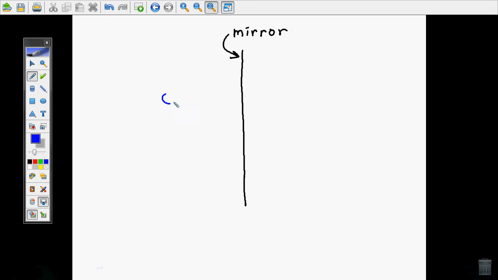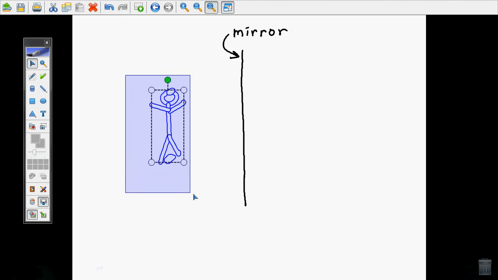Now, instead of drawing a person, with the head and the feet, since we're going to have to draw so many objects out in front of the mirror, we're going to save time, and instead of drawing a little person, we're just going to draw an arrow,